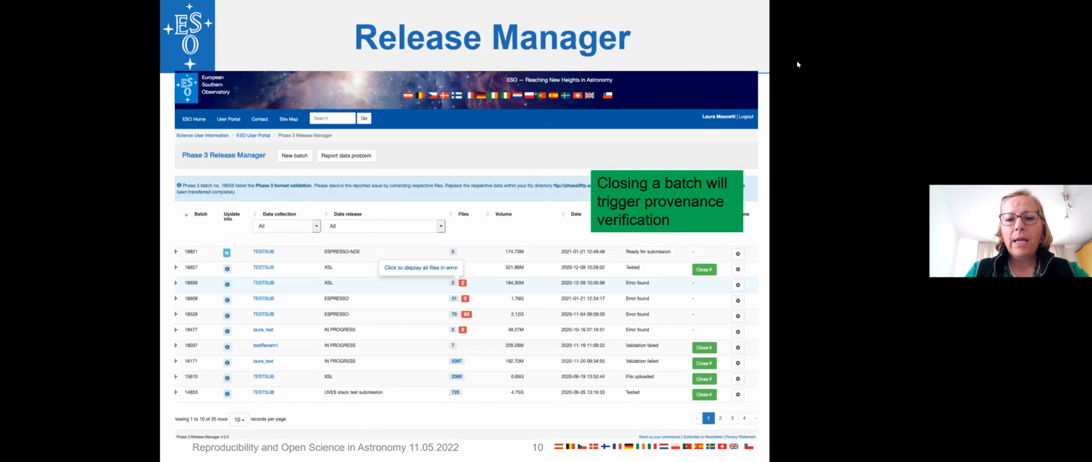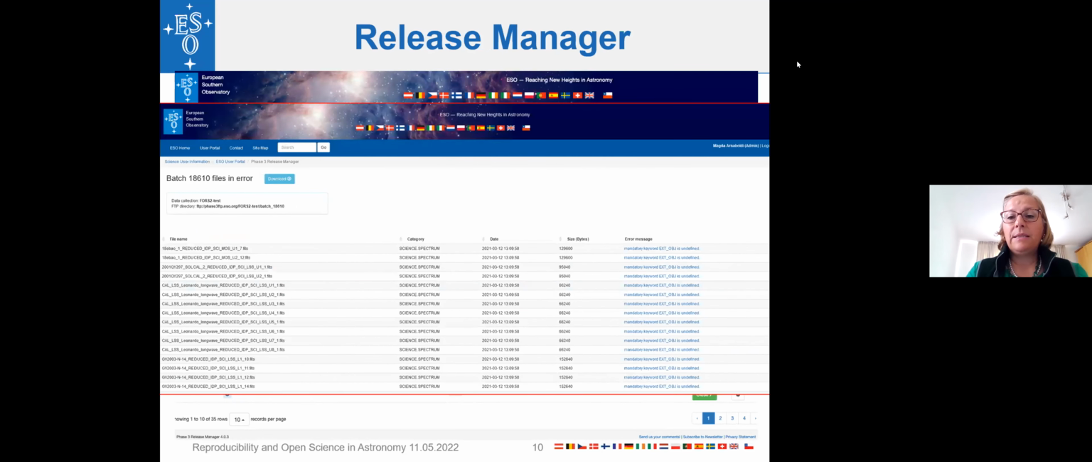And in this way, the data provider has an overview of what we call his or her data collection and the batches, which are containers in which the data products are uploaded. The release manager is an interactive interface that allows a data provider to structure the submission of their product and provide a